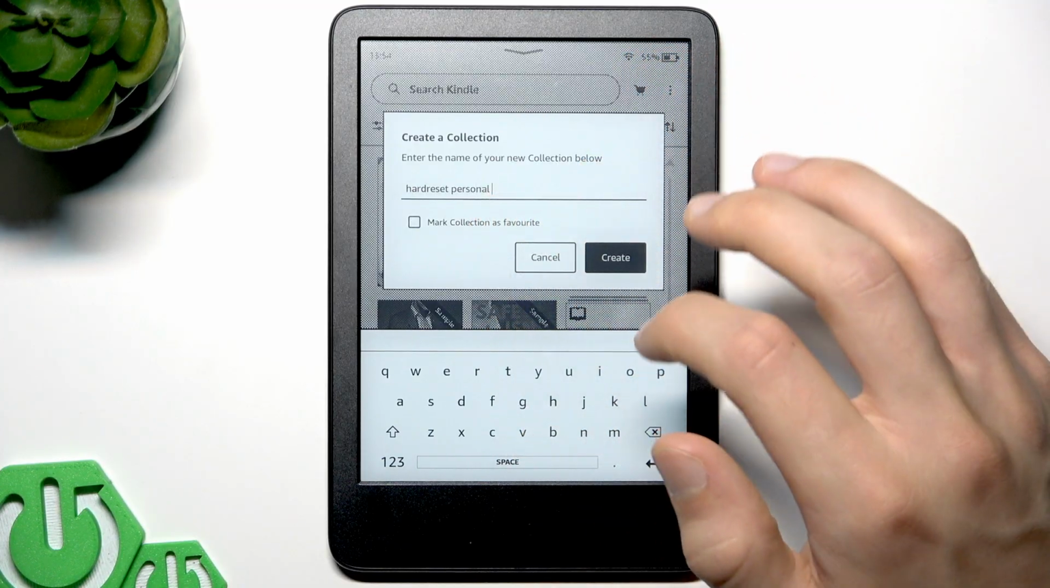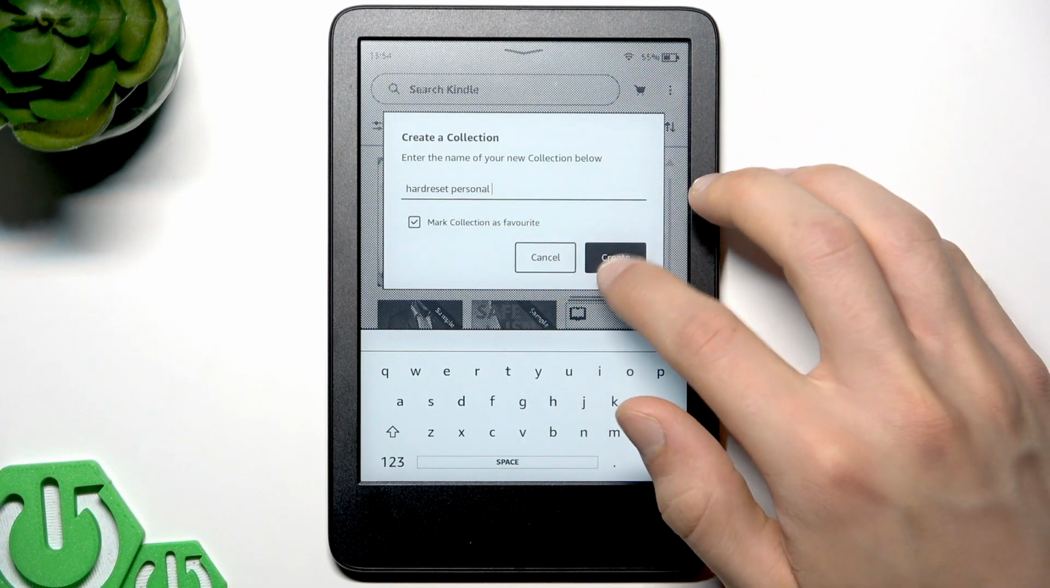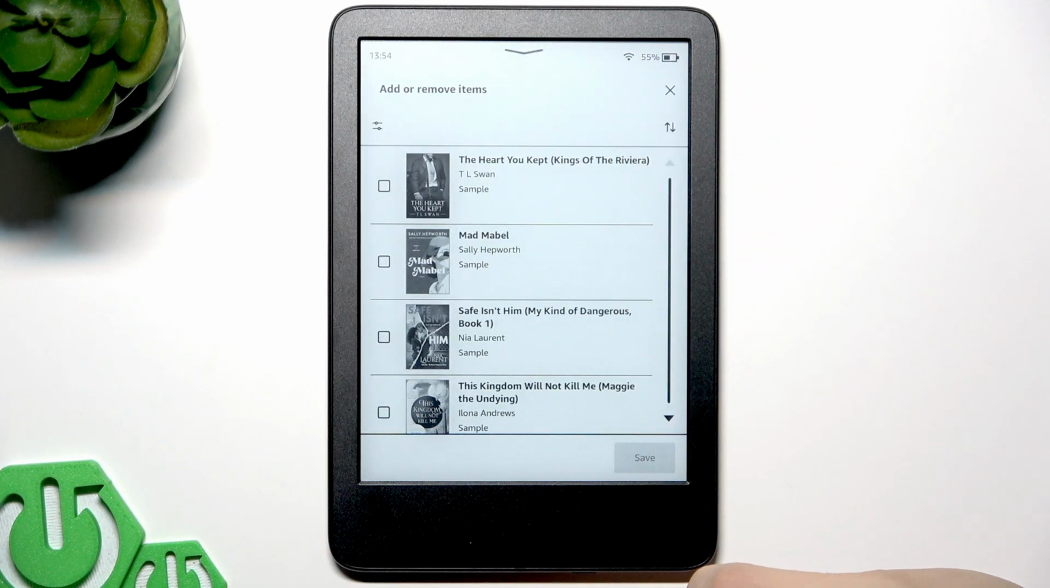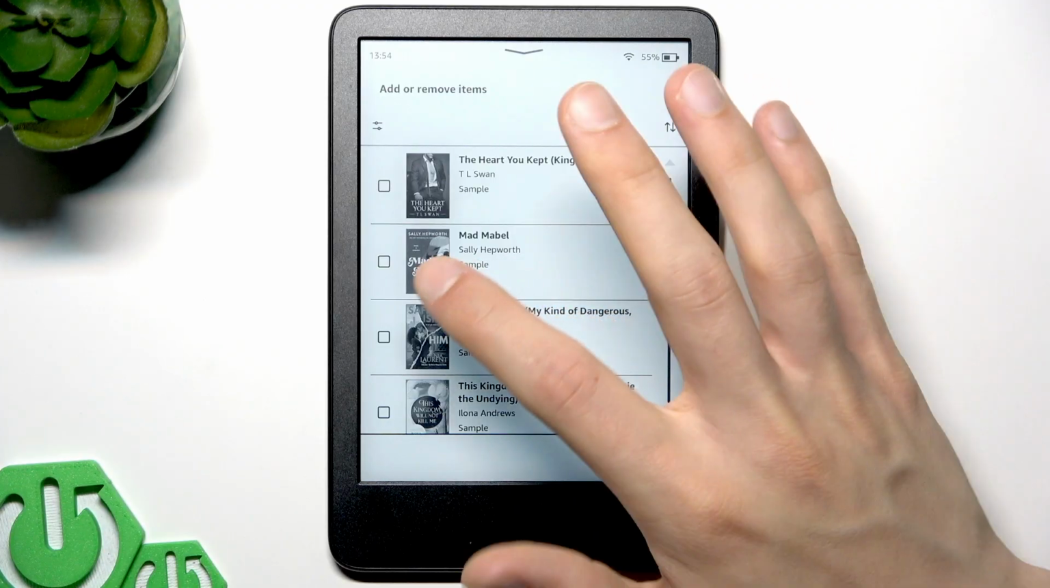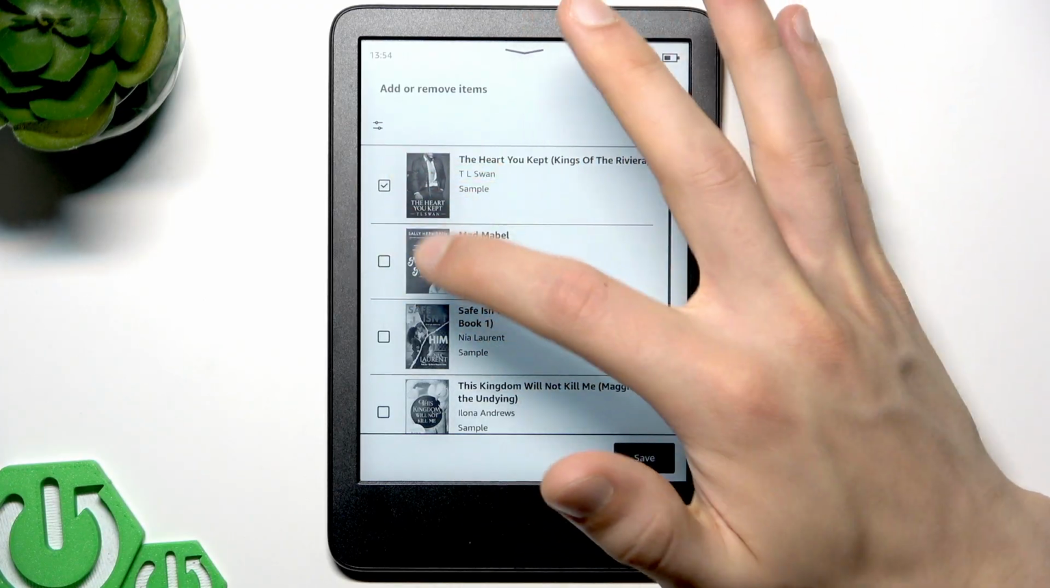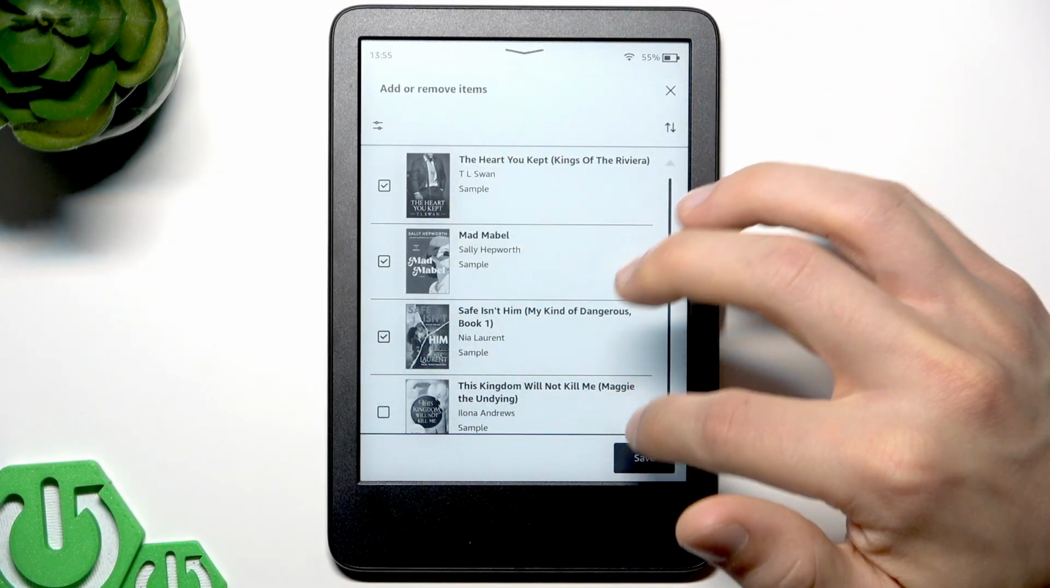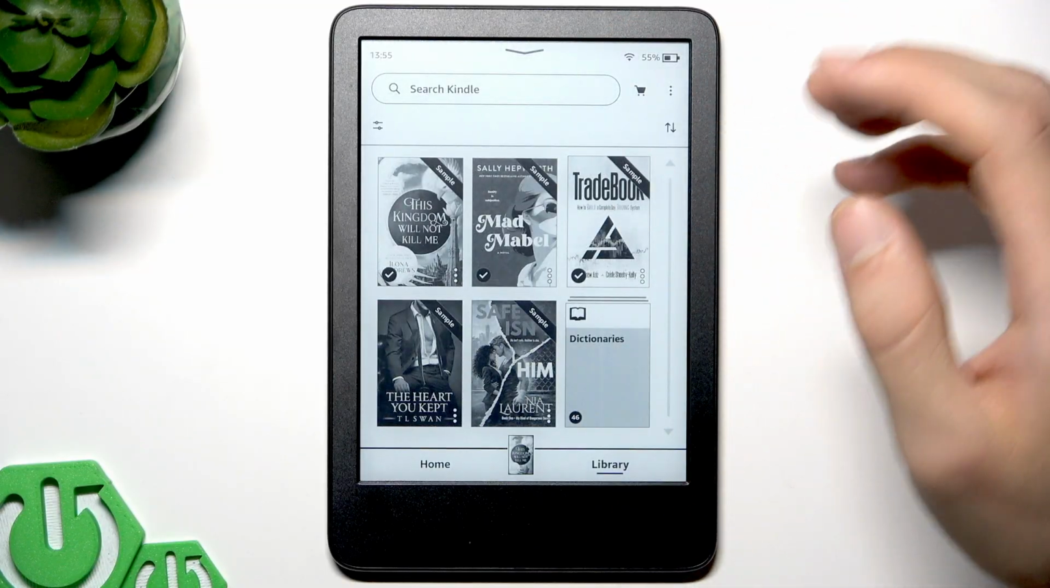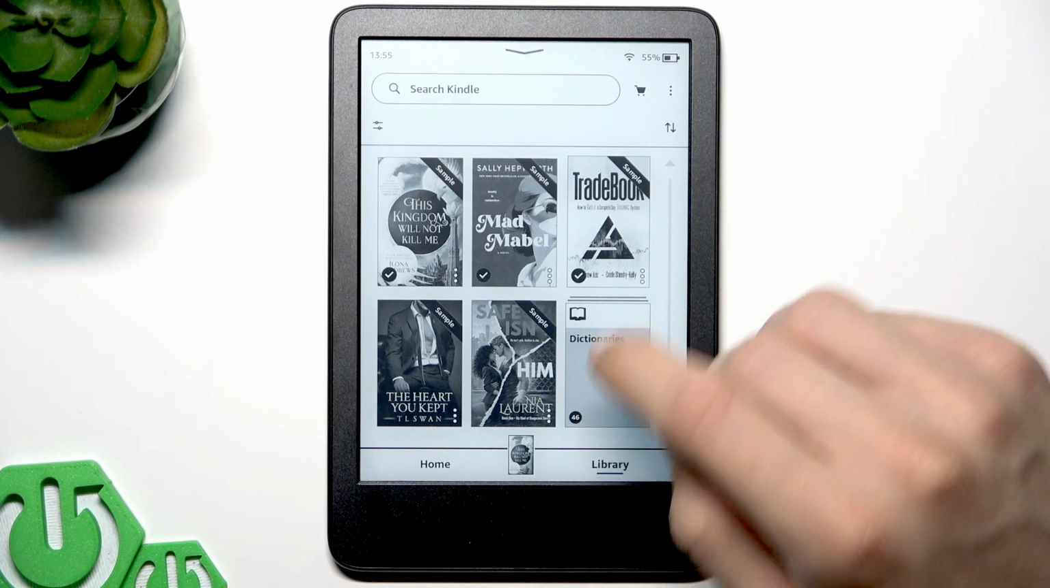We can also mark our collection as favorite, then tap Create and select books you want to add to your collection. You can select books from your library and tap Save. And now